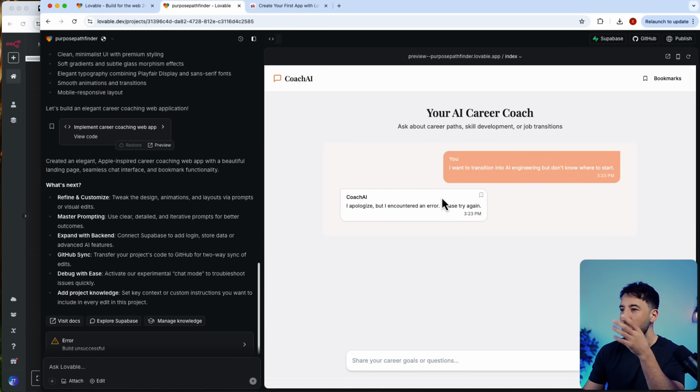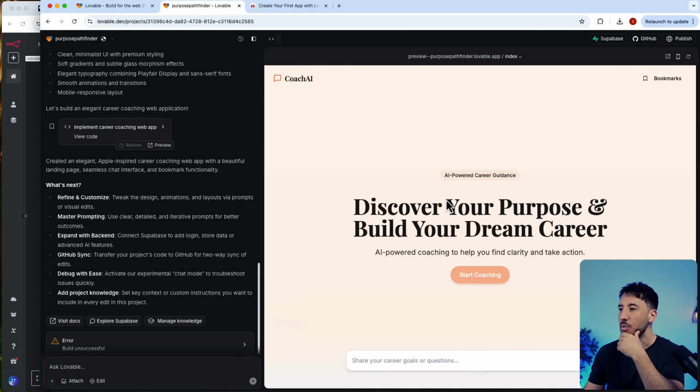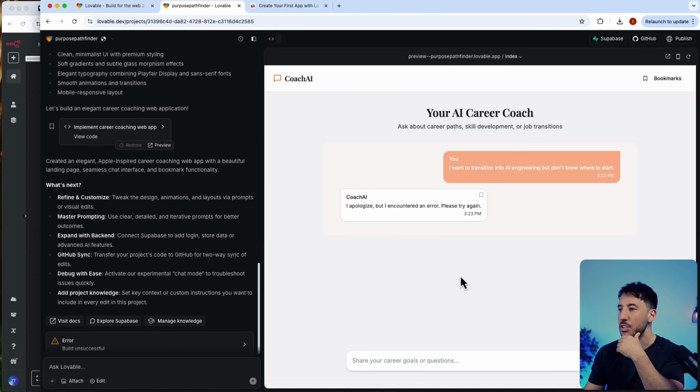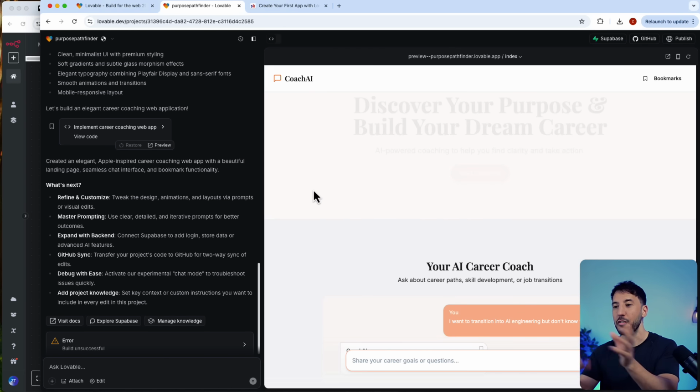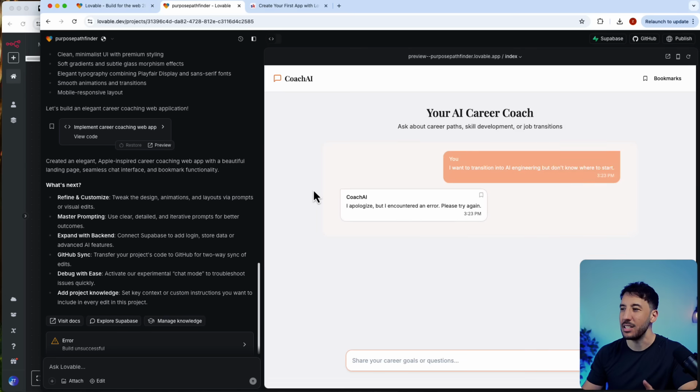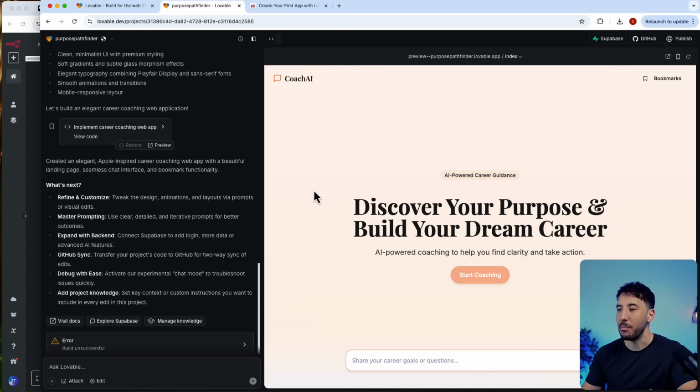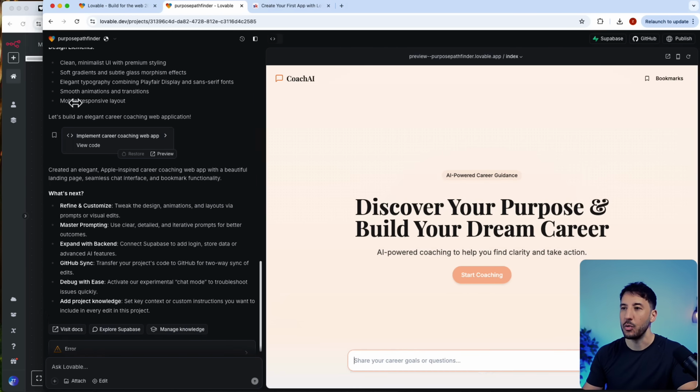So you can see at the bottom, you have this Coach AI, and if you just click on start coaching, it will take you to this nice little user interface where you can have seamless interaction with it. Again, the one that we saw earlier was a different version of this, but we can play around to make this even more robust and make the UI better. And we can use screenshots to say, hey, I want it to look like this, I want it to look like that. So you can go back and forth with your